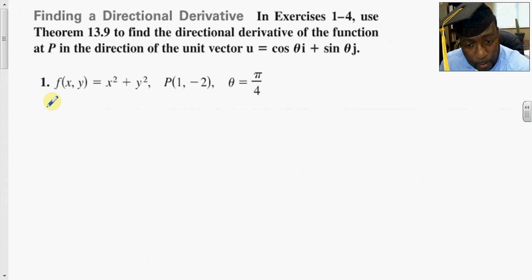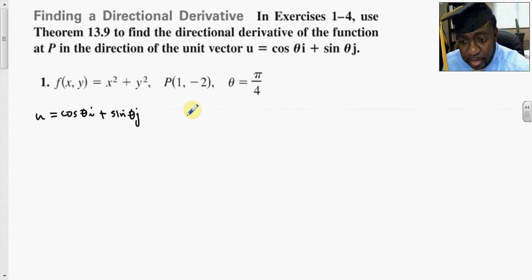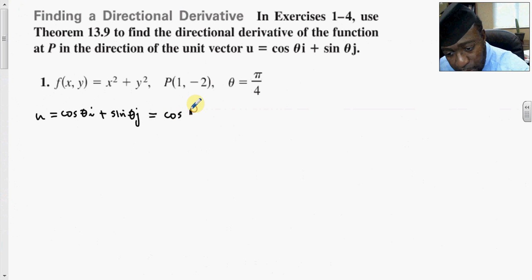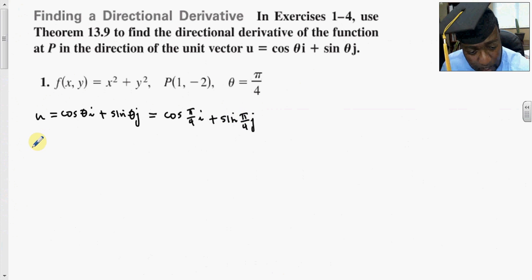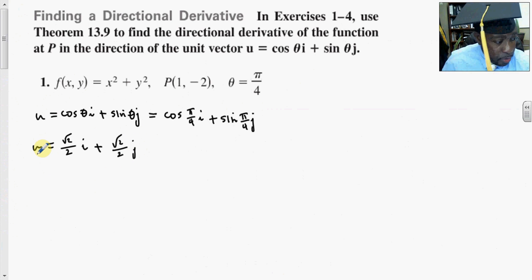So what we want to do is to determine the unit vector. So u is cosine theta i plus sine theta j. Theta is given to be pi over 4. So here we have cosine pi over 4 i plus sine of pi over 4 j. So u comes out to be the square root of 2 over 2 i plus the square root of 2 over 2 j. Secondly, we find the partial derivatives,